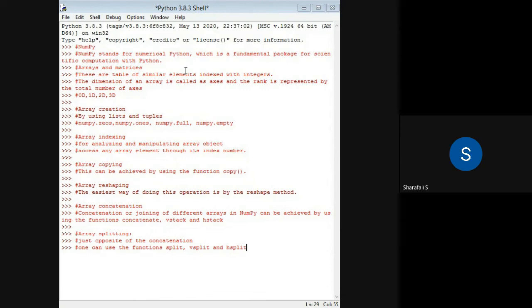One of the important objects available in the NumPy module is the array, and a special class of these arrays is called a matrix in this program. These arrays are nothing but a table of similar elements, indexed with integers.